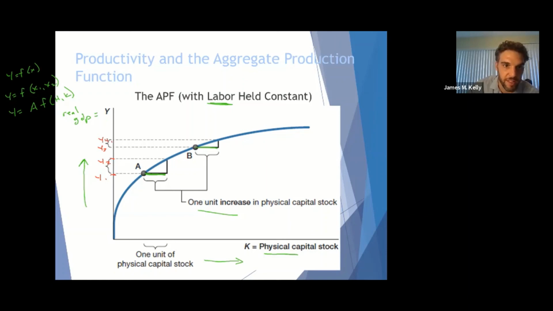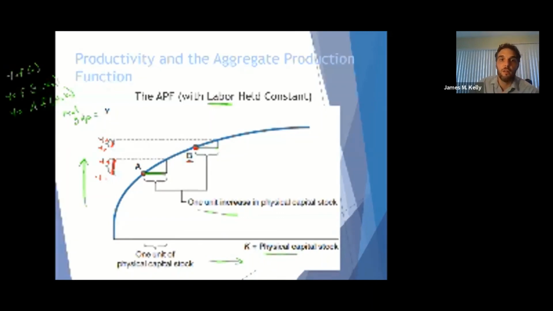What we're saying is that this vertical distance, the increase in output from a 1 unit increase in capital at point A, leads to a larger increase in real GDP than when we have a 1 unit increase in capital when the capital level is at point B. So again, diminishing returns in capital, holding labor constant,